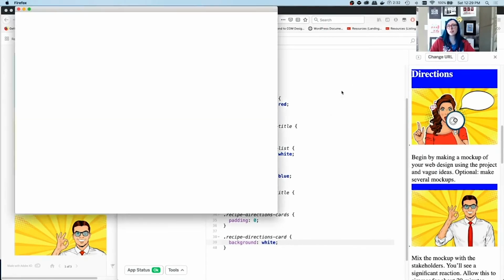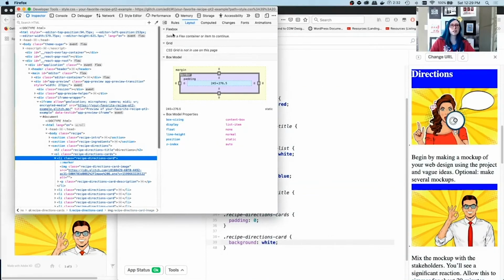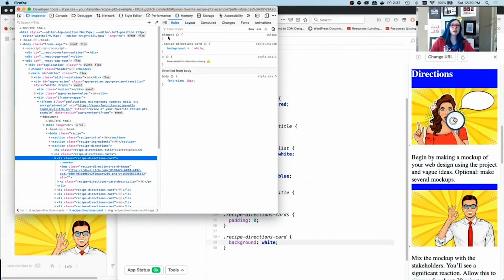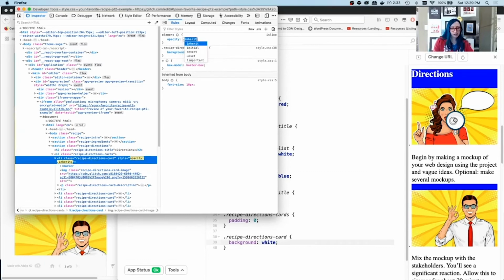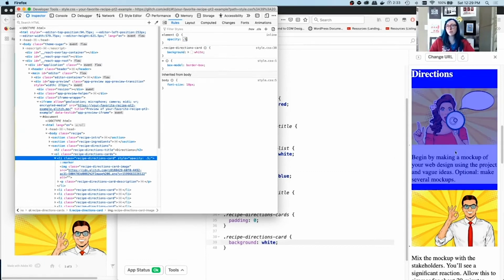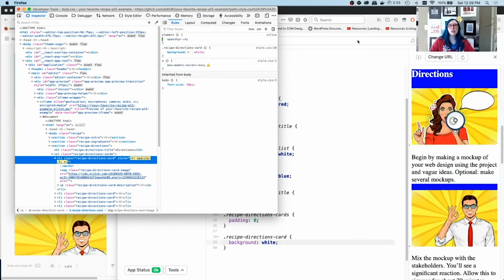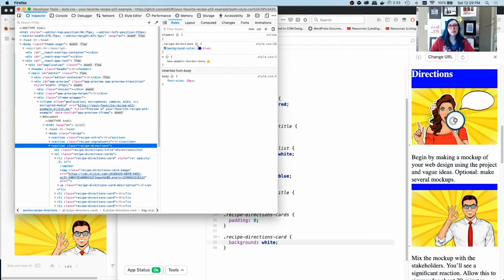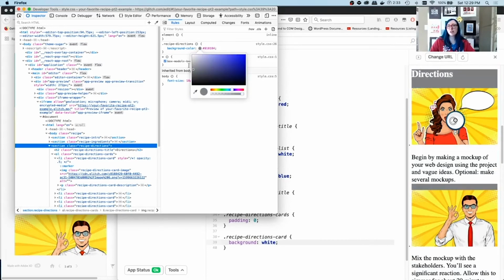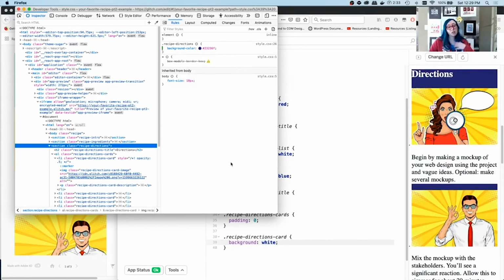Well, let's take a look and inspect element. And with this card, let's write one rule on the element. I want to test something. I'm going to give it an opacity. I want to see if something underneath is affecting this. So opacity 0.5. And check that out. The blue is behind it. We're seeing the blue through this. It's not part of this. So that means that the blue is coming from our recipe directions. And you can see the background color is blue. If you went to change it, see how all of that changes at the same time. So what might be happening here? Why is there this space here?